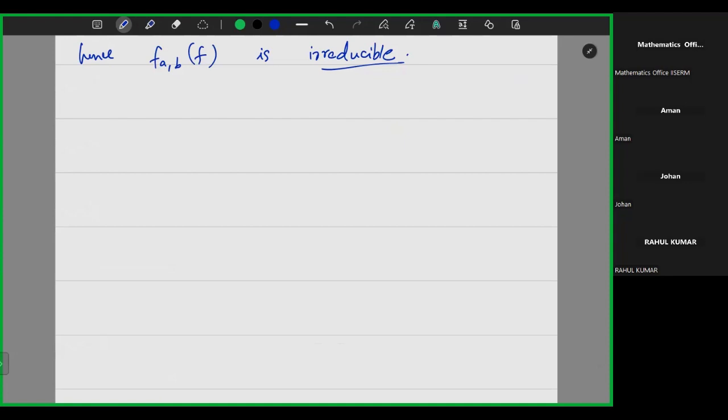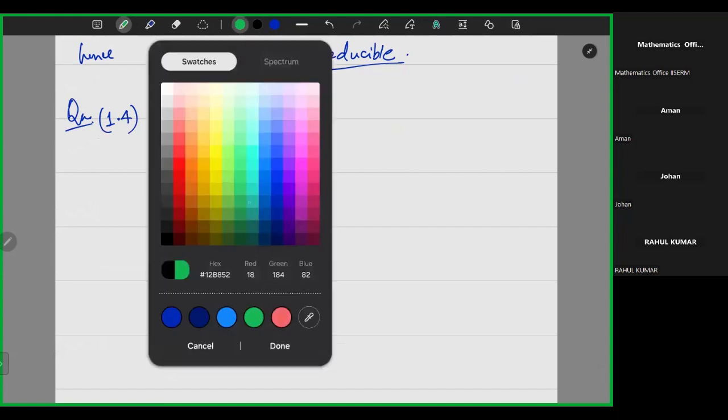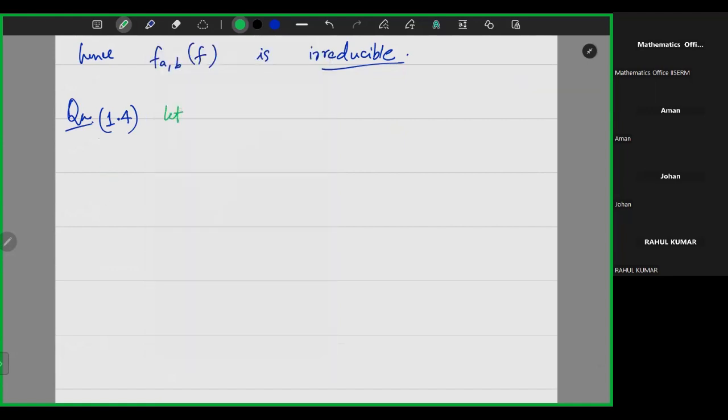So let me write the last question. This is 1.4. Let P be a prime number,